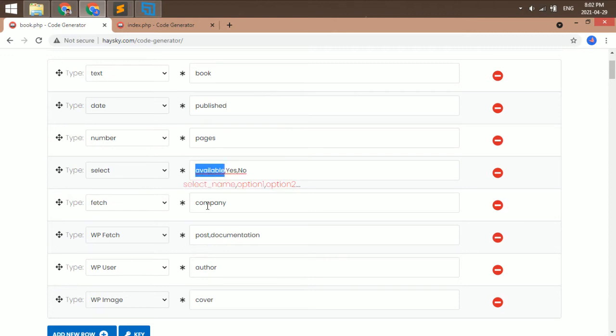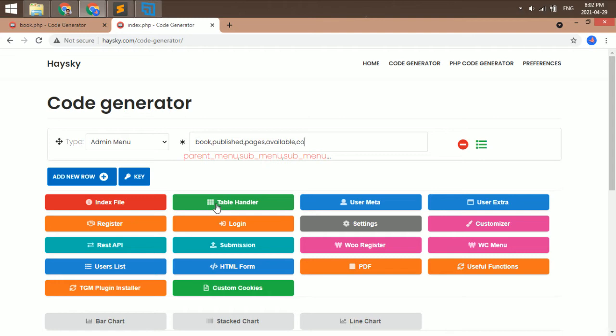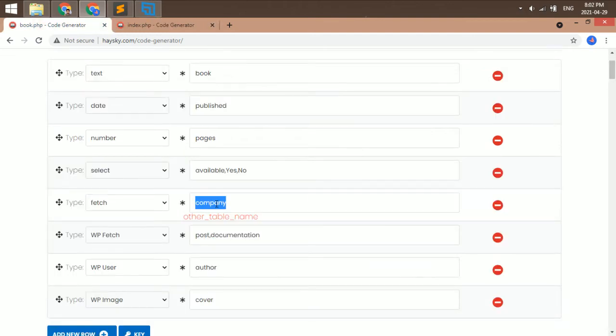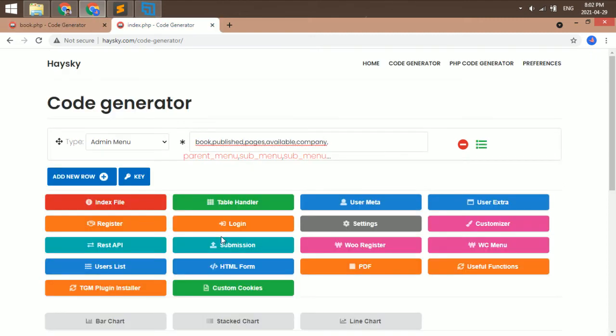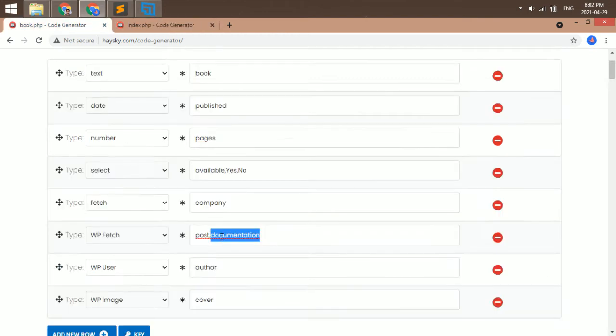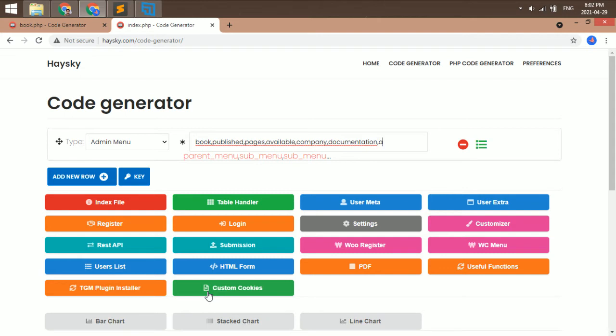Only you should write the field values, that is column names. Okay, company, and you should write documentation. So the column name should be documentation. Documentation, and then author cover. Author cover.